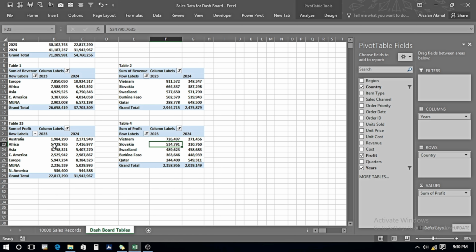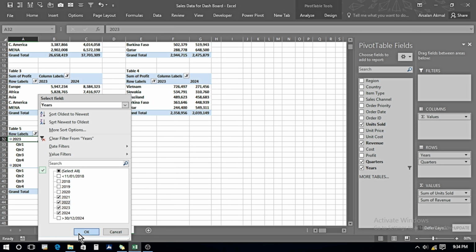and revenue. While clicking on the year, we can see that it has an icon over here which shows a plus. It can expand and collapse. I right click over here on the mouse, go in the expand and collapse option and expand entire field. I will be bringing in a few more years to make our chart more descriptive, so I just click over here for year 2021 and 2022.